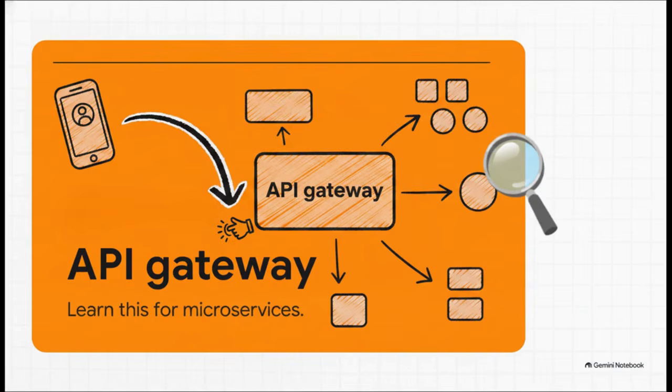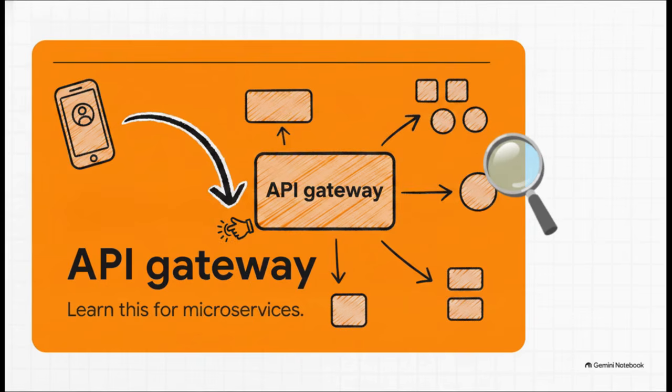But wait, what happens when the outside world tries to connect? Well, that requires an API gateway, which is defined as the central entry point managing communication for the microservices. Look, if a user opens your mobile app, their phone shouldn't be forced to look up and memorize the IP addresses of 50 different backend microservices. That would be insane. The API gateway acts as that single front door, but it does way more than just